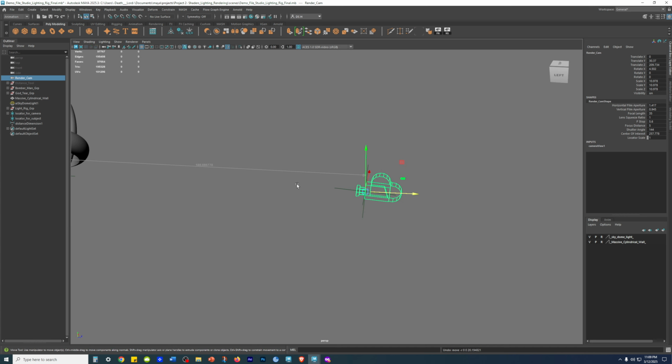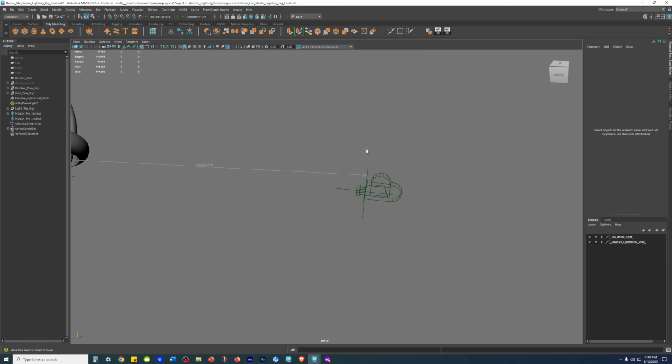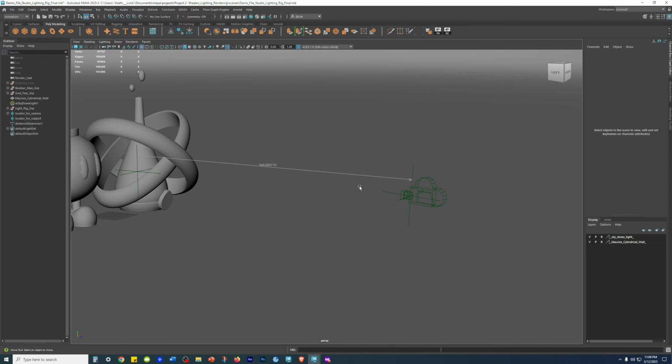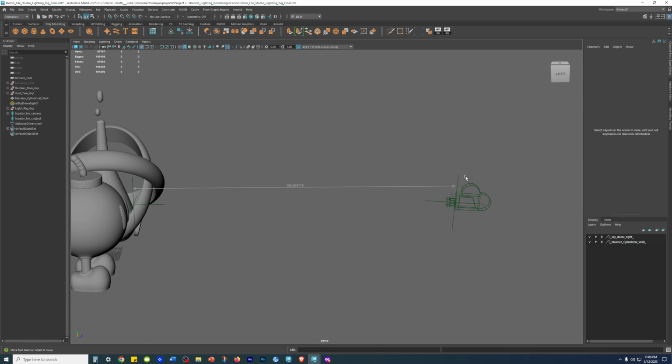That's what all that rambling was about, but I had to explain it. A lot of tutorials don't explain the maintain offset and stuff. It just leaves you guessing, like, okay, I'll just follow along. But at least I'm trying to explain it. Anyway, so from here, since we had that locked in,